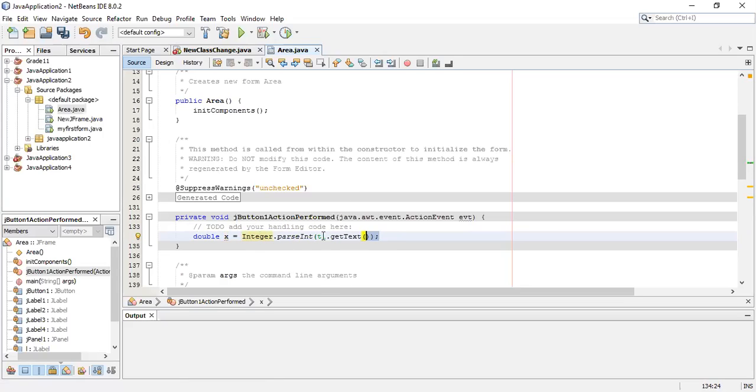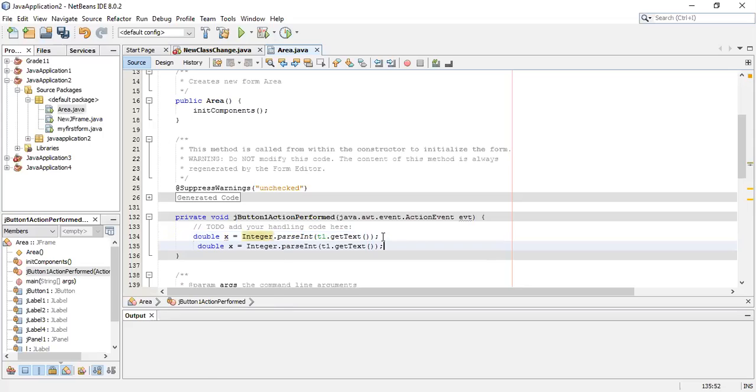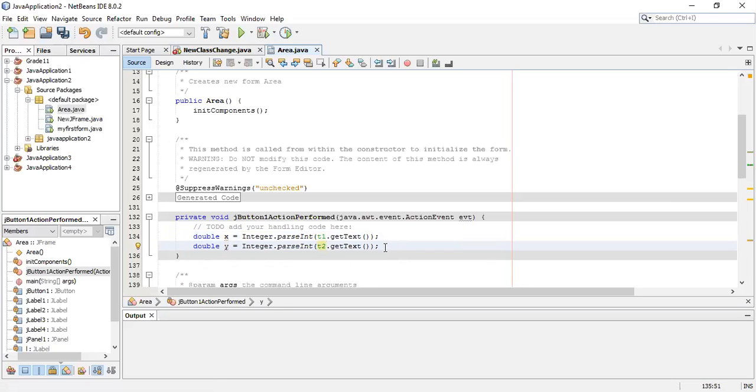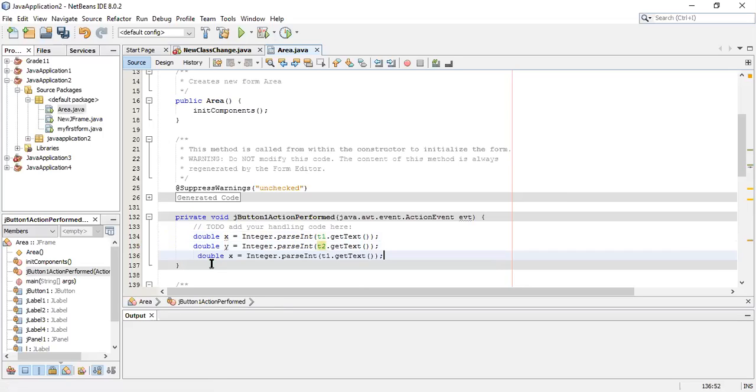Right. So this will read the value from the first text field. Similarly, we need another variable. Let's say Y, and this will read the value from T2 text field. And similarly for T3, we'll take another variable, let's say Z, and